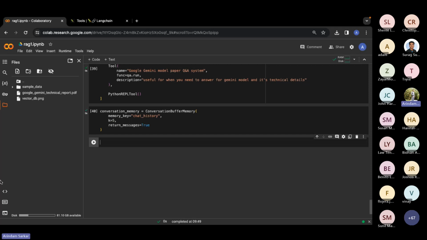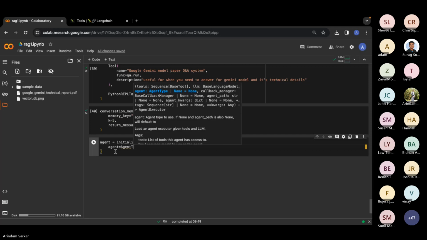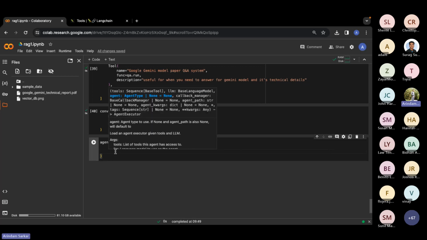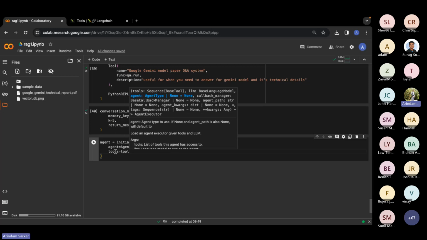Now once we do it, then it's time to call the agent, right? I shared the document of Langchain, so you can go through that.